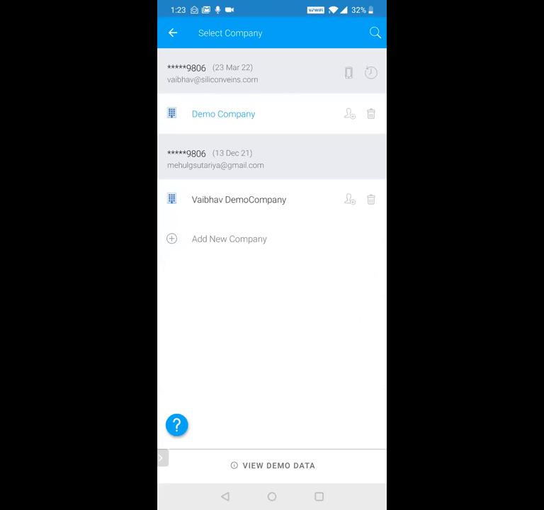Okay. Next, let's say I have two Tally licenses. Okay, one demo company and one Vaibhav demo company. Now, in the demo company that I'm currently viewing, I want to add users. Vaibhav demo company is, let's say, my personal data. I don't want any users in that case, but in demo company, I want to add all my sales team. So you click on this plus icon here.